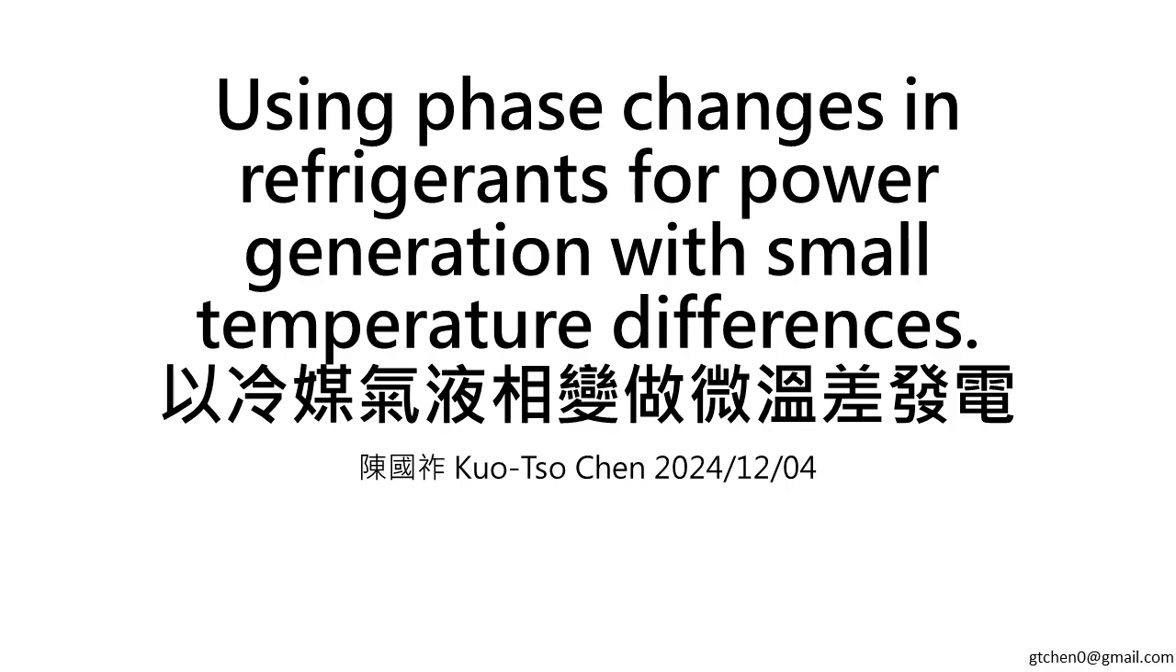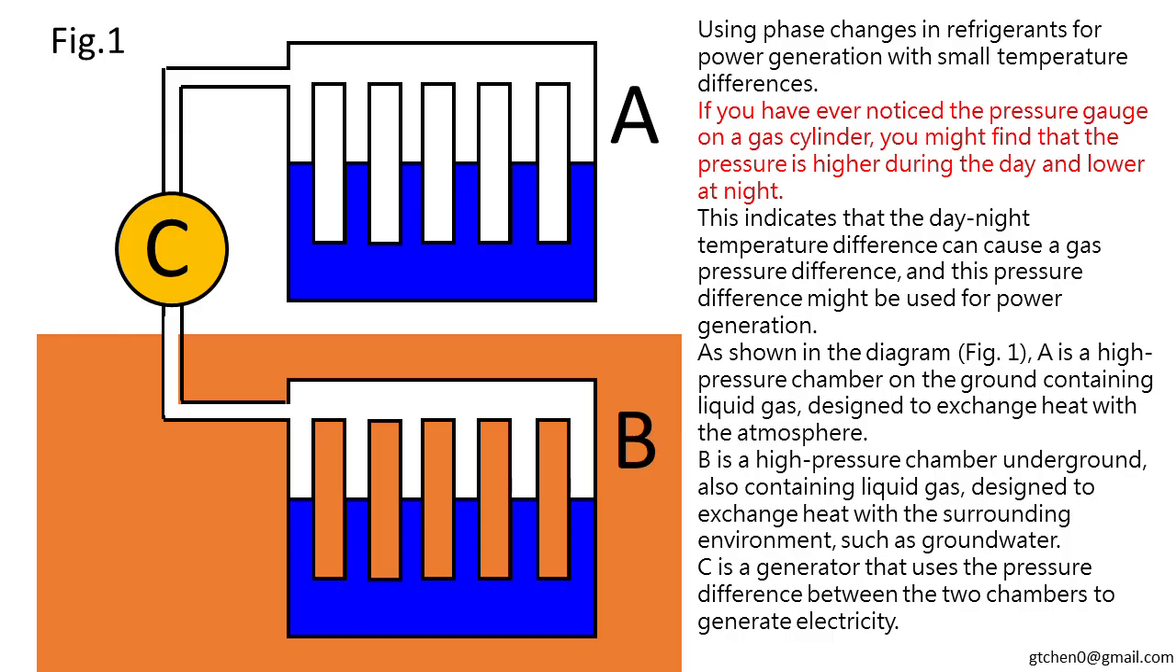Using phase changes in refrigerants for power generation with small temperature differences. If you have ever noticed the pressure gauge on a gas cylinder, you might find that the pressure is higher during the day and lower at night. This indicates that the day-night temperature difference can cause a gas pressure difference, and this pressure difference might be used